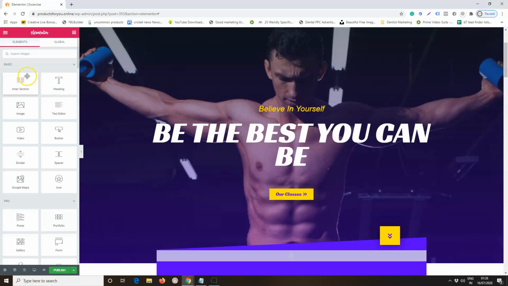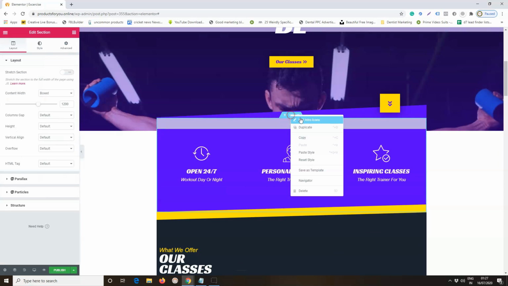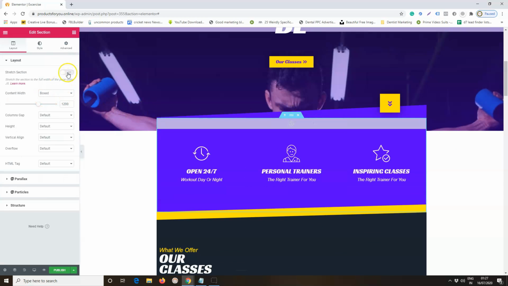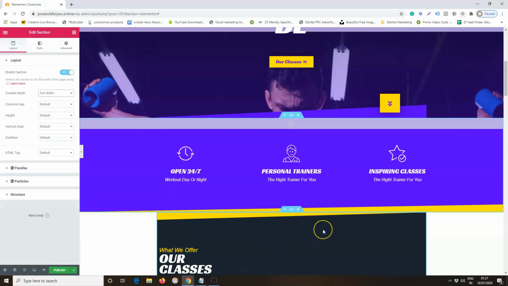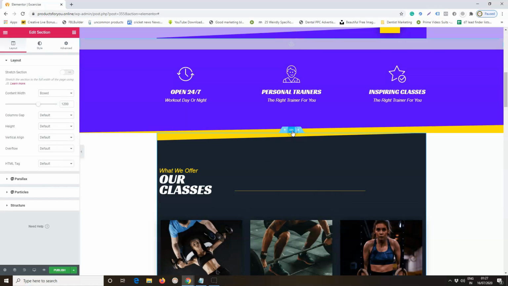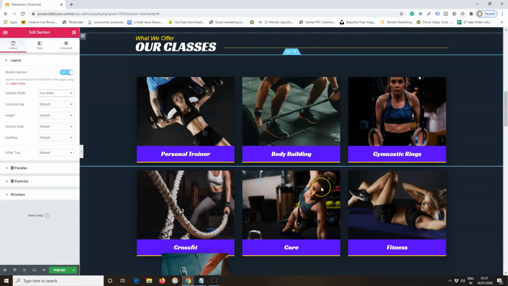As of now, let's just focus on the template that we just got. This section I need to edit. Again I will make it full screen. Let's make it full width. Again, in this section I am doing the same thing, full width.